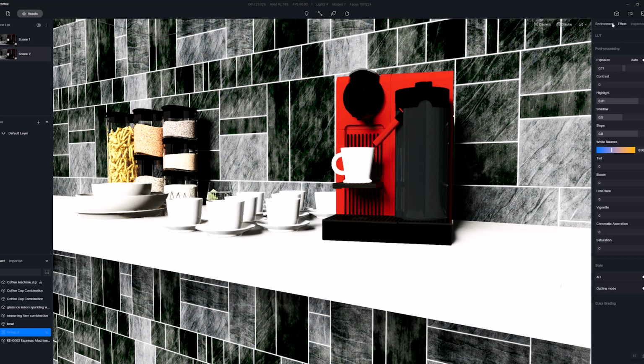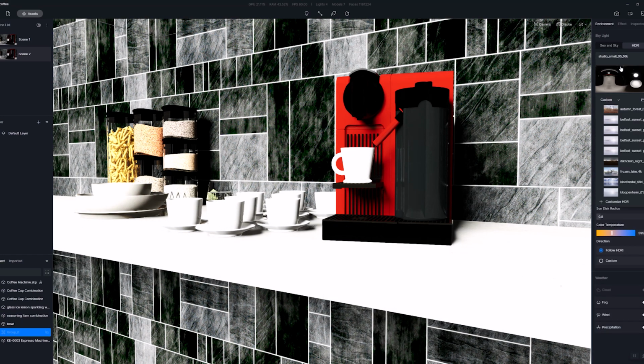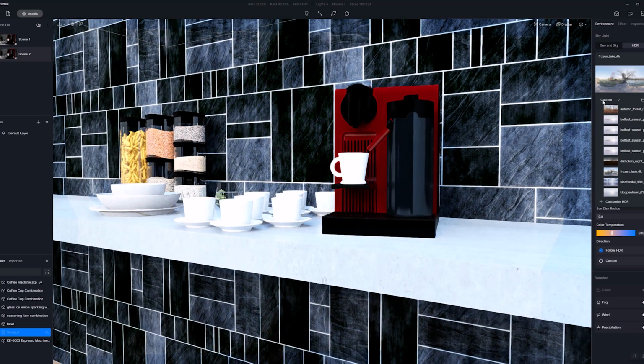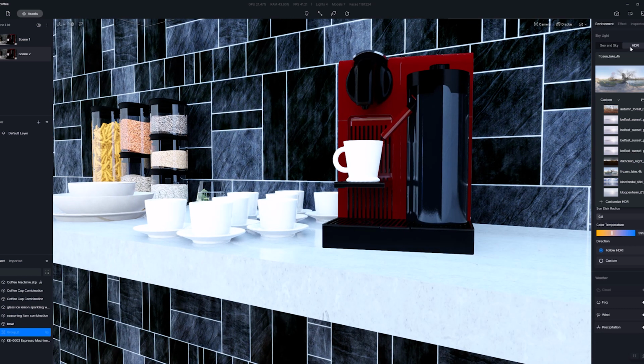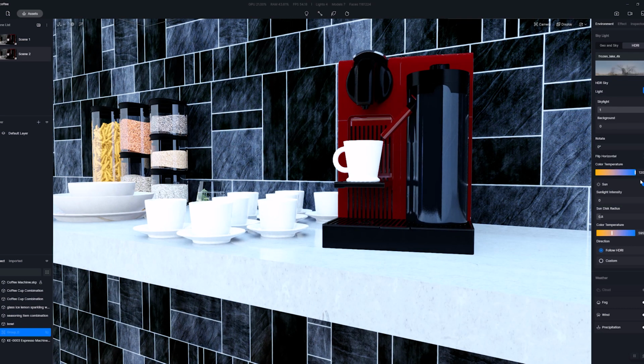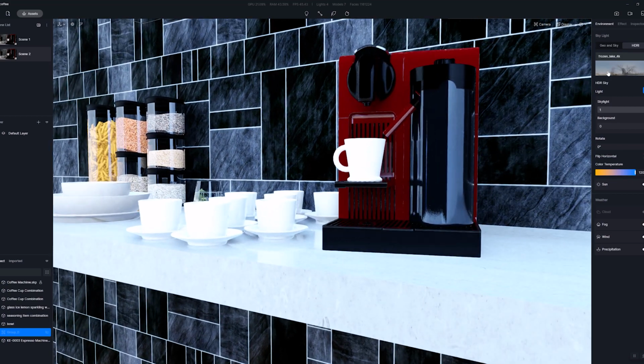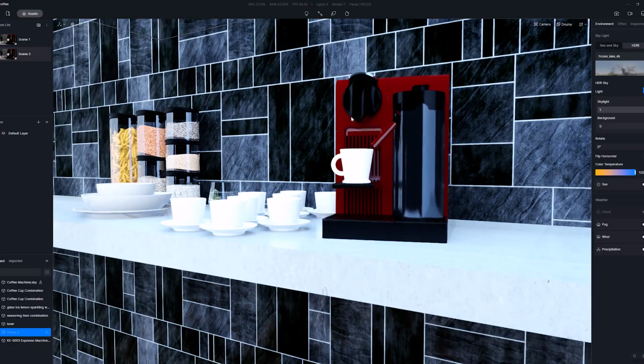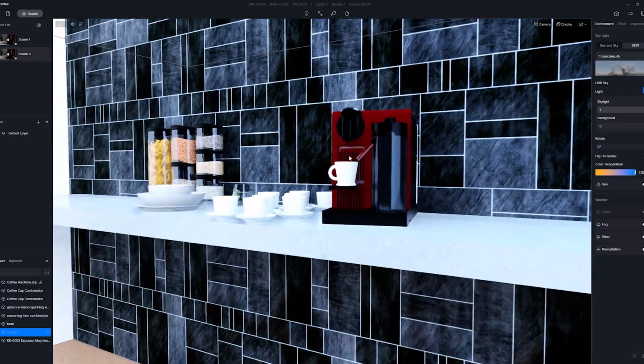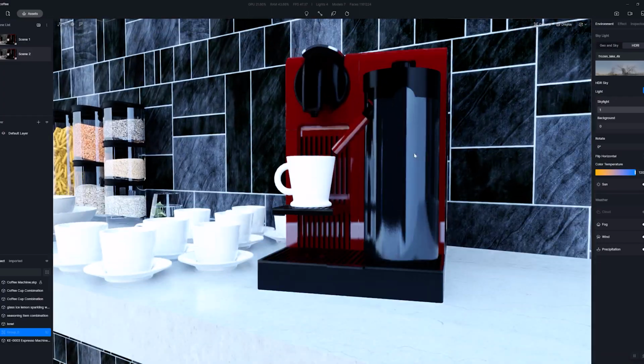Let's try a different HDRI. Let's try this frozen lake. So you can see it's giving this bluish tint. And again, we'll turn off that sun. The skylight is set to full. It's kind of interesting to me. It is providing light. You can definitely see that. Unless I've got something set up incorrectly,